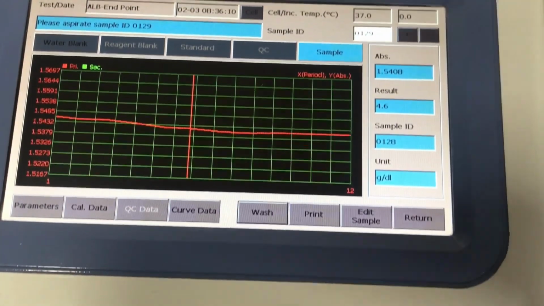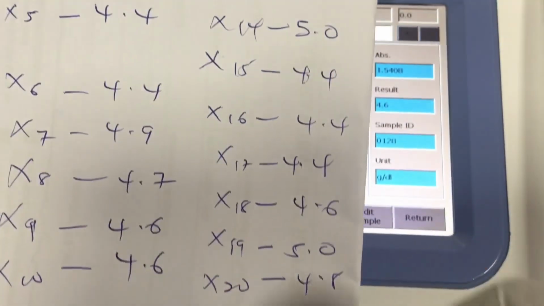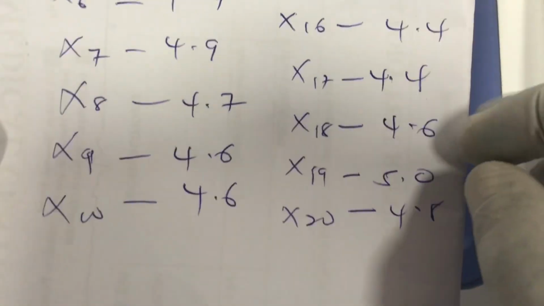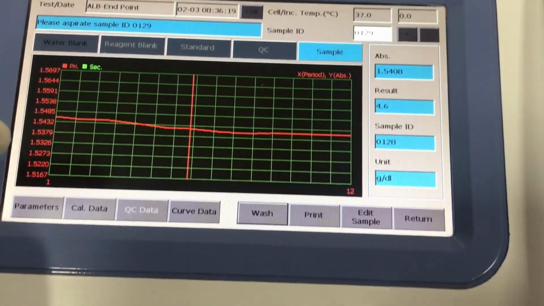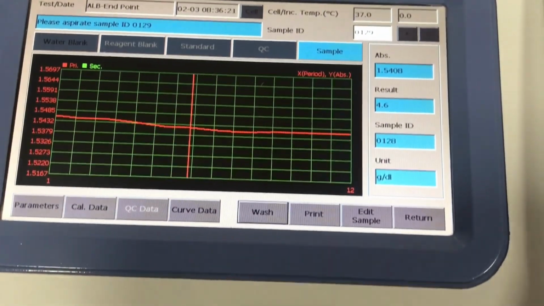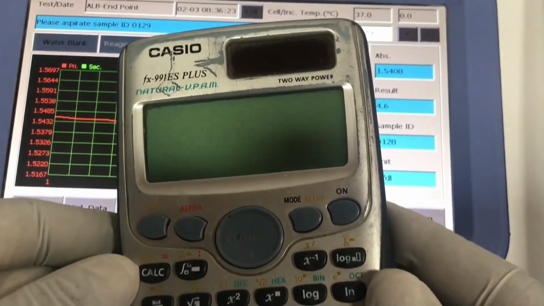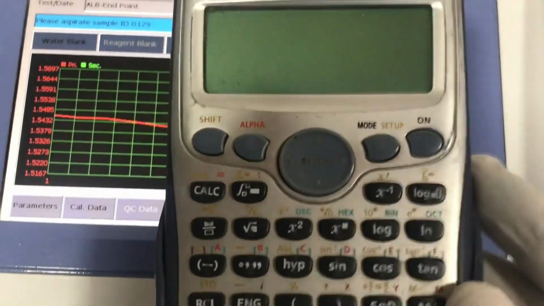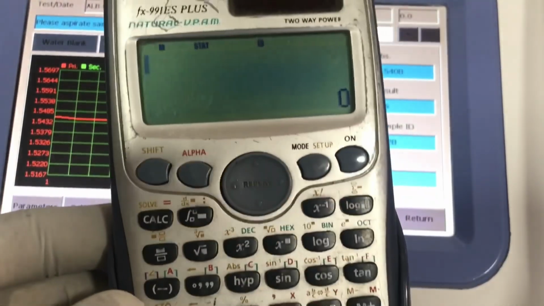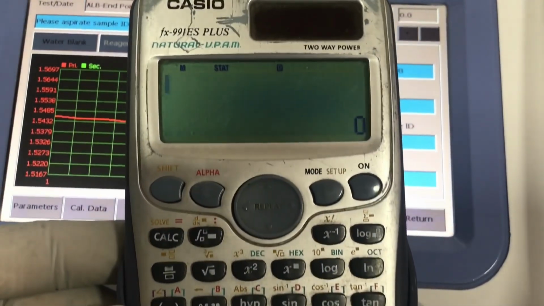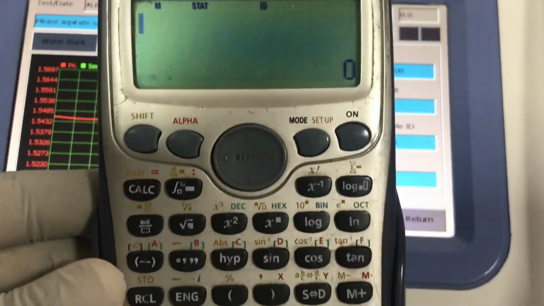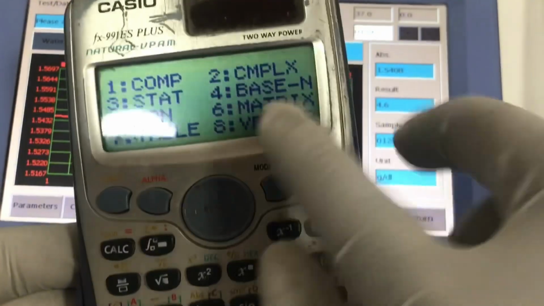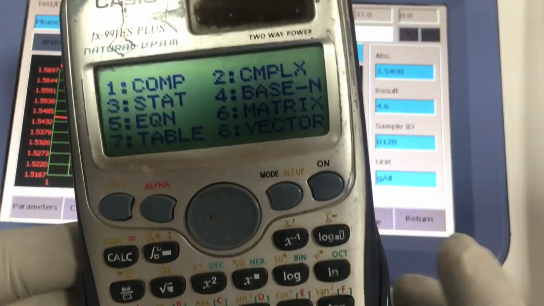Okay, so this is our data sheet for all the 20 parameters, and from this we are going to calculate our standard deviation using our ES calculator. Okay, so we put this on and then we go to the mode, and then from the mode